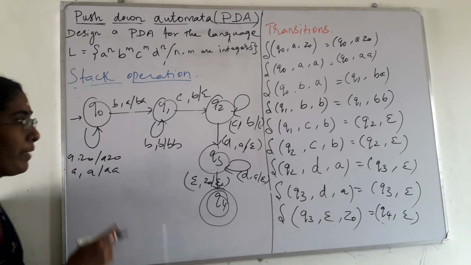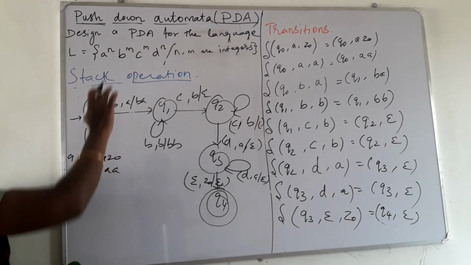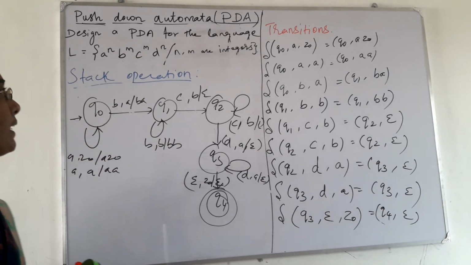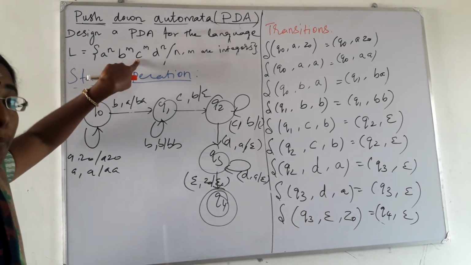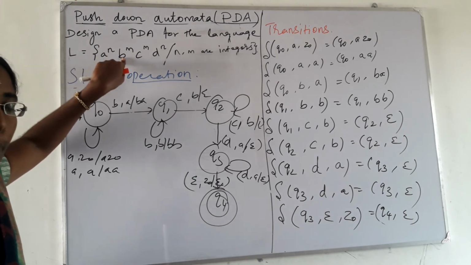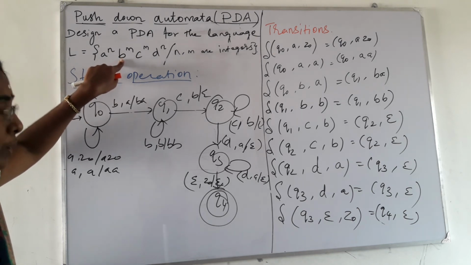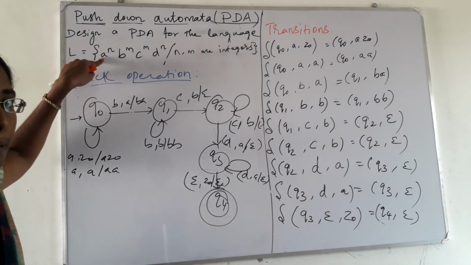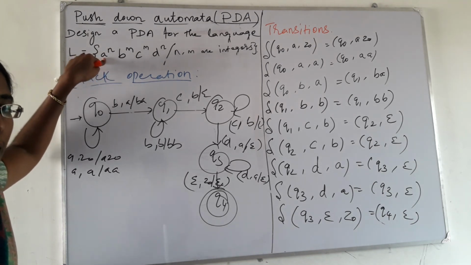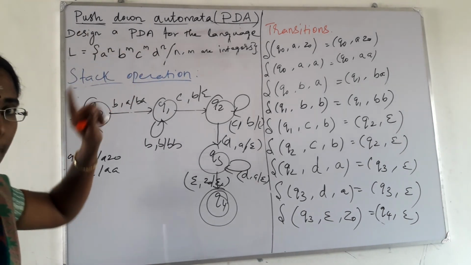This is the graphical notation for the PDA for accepting this particular language. First the n number of A's is pushed onto the stack. Again m number of B's is also pushed onto the stack. While reading the m number of C's, it is compared and matched with the top of the stack. Here the top of the stack should be equal to B. This C is matched with this B and popped out. And this D is matched with the n number of A's present on the stack and it is also popped out. Like this, the pushdown automata can be designed for accepting this particular language. Thank you.